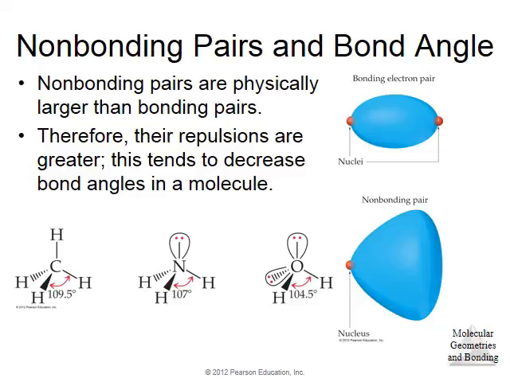Now, how a non-bonding pair can influence the bond angle, that's what we are showing you here. In the first example, we have methane. The angle is 109.5 degrees because it's a tetrahedral structure. All the electron pairs are bonded. In the case of NH3, only 3 hydrogens bond to those tetrahedrally directed 4 pairs of electrons. Even though the electron domain geometry in each case is tetrahedral, the molecular geometry is not the same. In the case of ammonia, one bonding atom is missing, and when you take the picture, it will be trigonal pyramidal,